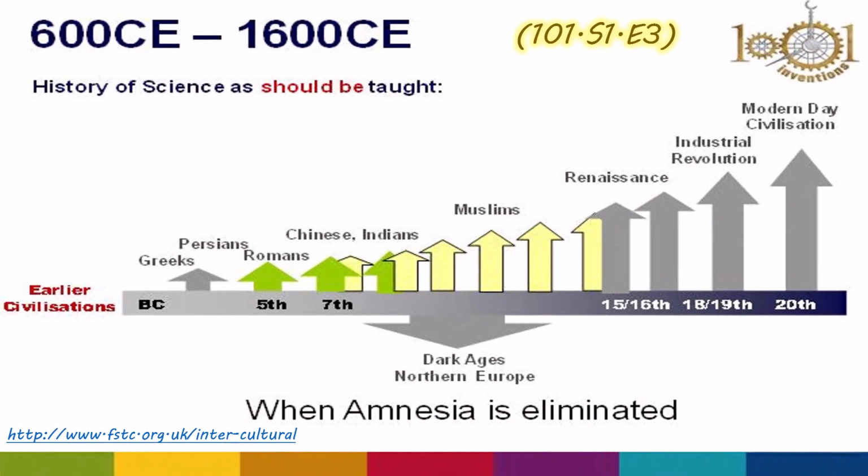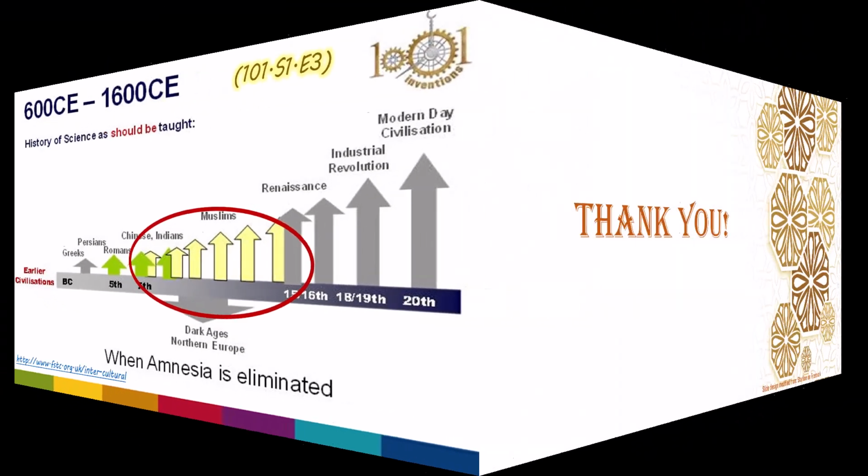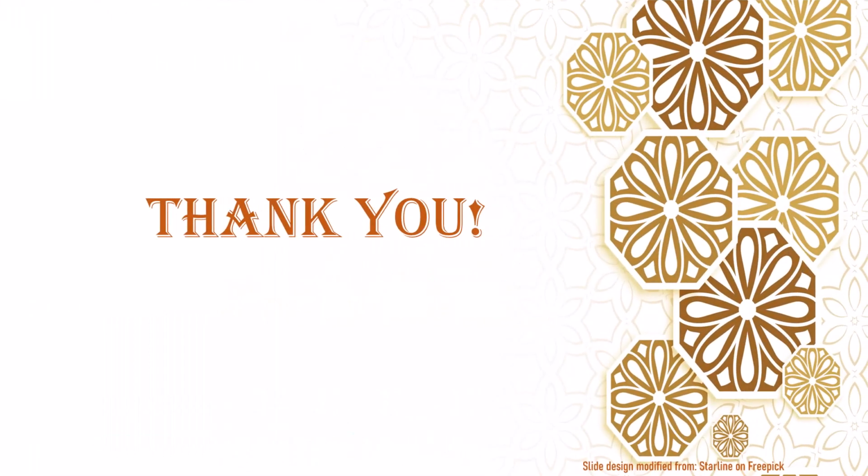We will be looking at how in Western culture the contribution of other civilizations and cultures is usually ignored. The story goes from the Greek, Romans, Dark Ages, and jumping into Renaissance and Industrial Revolution without highlighting the contributions of what paved the way for the Renaissance and the Industrial Revolution. And in this case, we'll be only talking about Islamic contributions to the world stage. So that is all for the introduction.